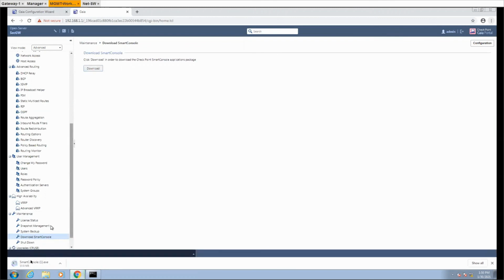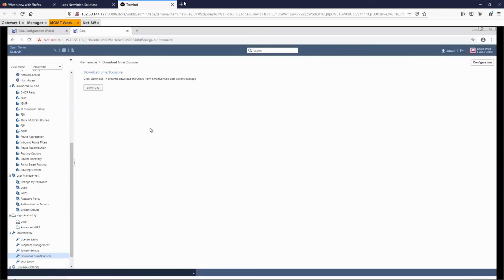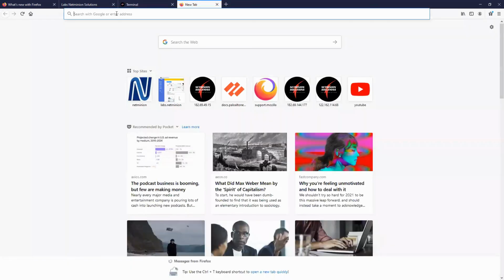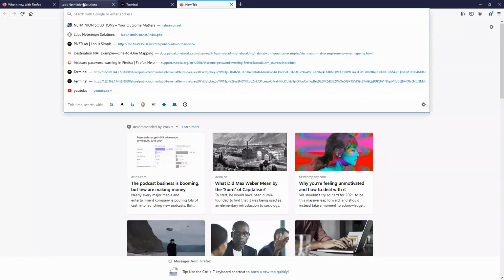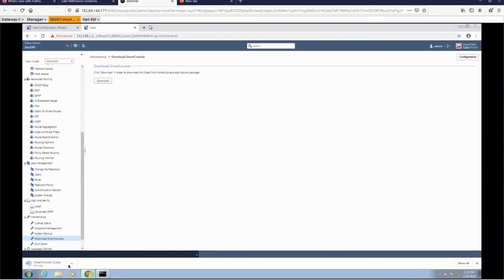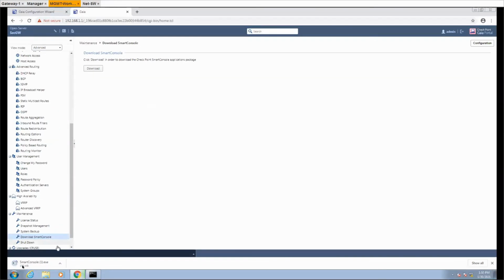Now it is trying to download. Either you can directly download Smart Console from the gateway or management, or if you have an internet connection, you can download it from the Checkpoint website. I just started the download from the device itself, and once it downloads, we just need to install it.